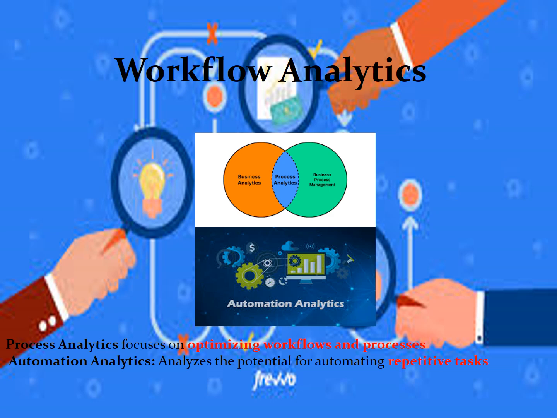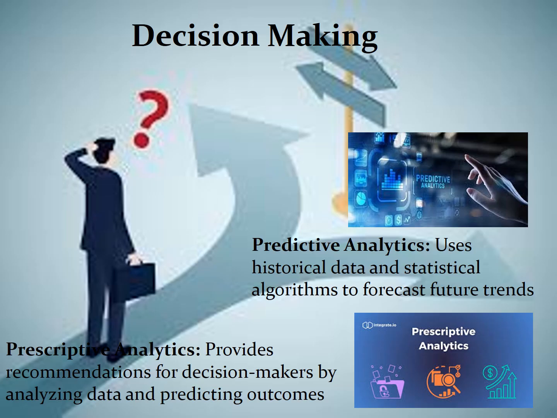The process analytics focuses on optimizing workflows and processes within the supply chain by analyzing the process flows to identify bottlenecks, inefficiencies, and opportunities for improvement. The other one is the automation analytics, which analyzes the potential for automating repetitive tasks within the workflow to enhance efficiency and reduce errors. The next function is decision making, and we use two types of analytics